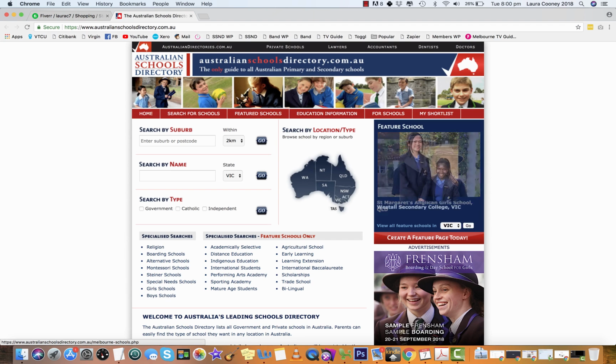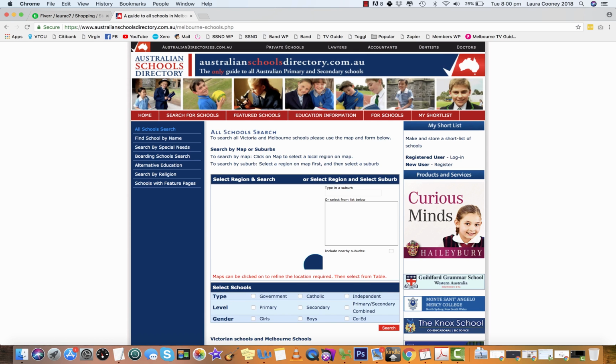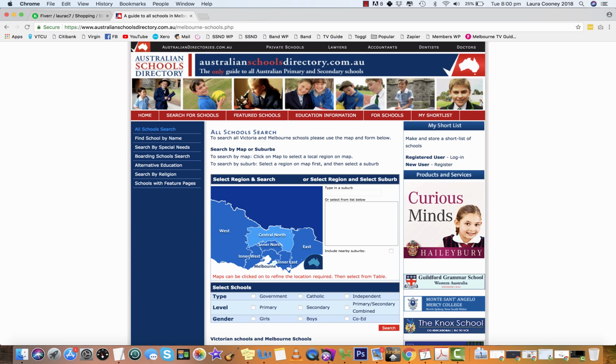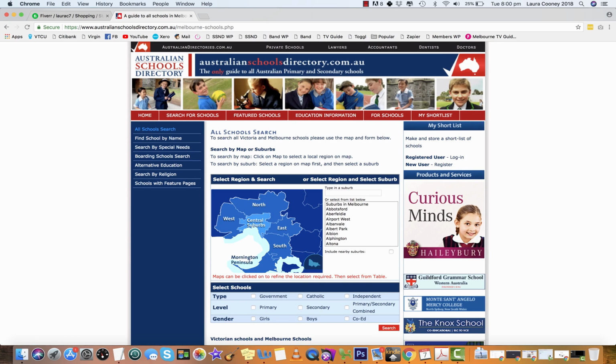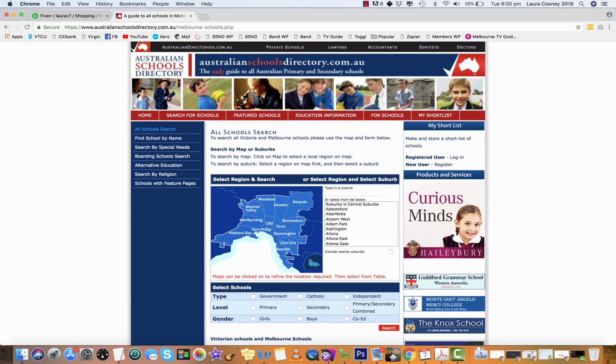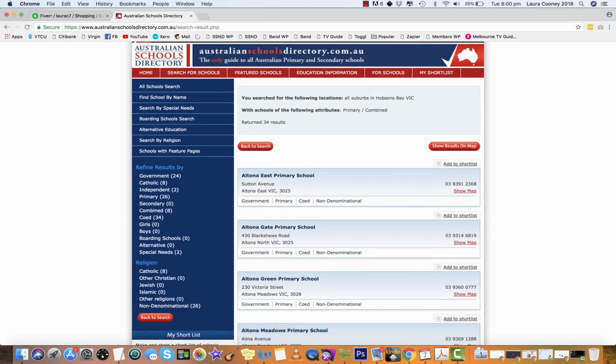So we want to go down to the map here and click on Vic for Victoria. And then it takes us here. And then we want to click on Central Melbourne. And then central suburbs. All right, then these are all our different suburbs. So we're going to start with Hobsons Bay, and then we're going to tick primary and primary secondary combined. Okay, so when we've got all those selected, then we hit the search button, and that brings up a list